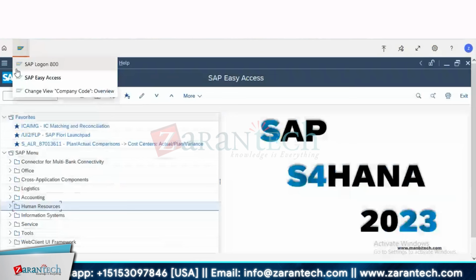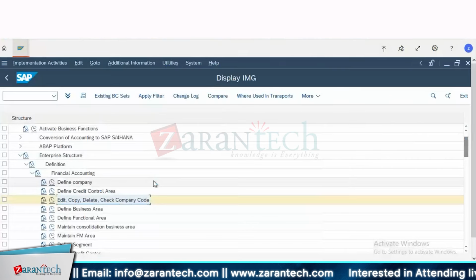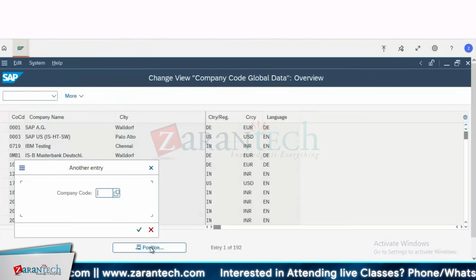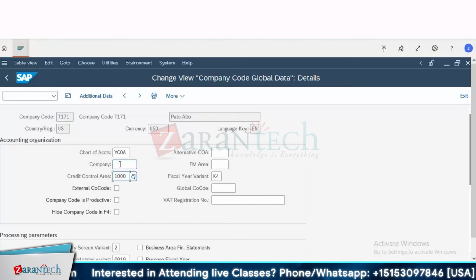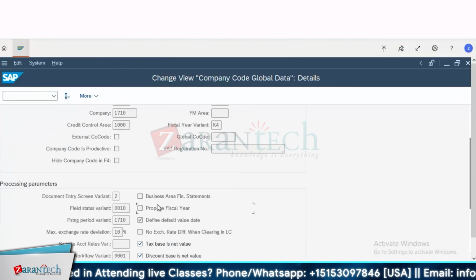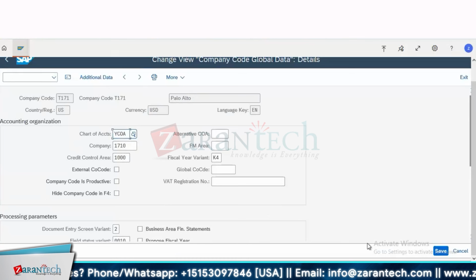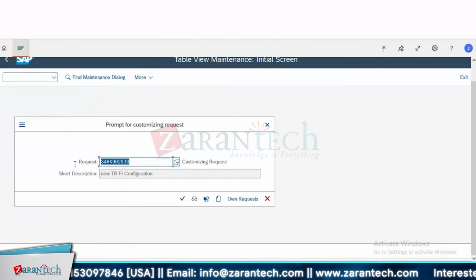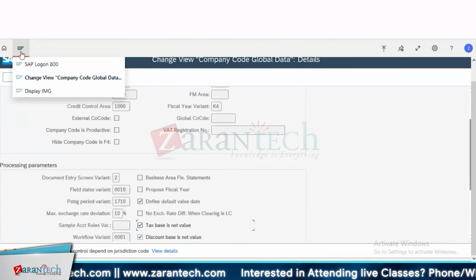We need to come out from this one, from change mode to display mode. Still any message? Okay, no problem. We can just ignore the message. Save it. So this is my TR. Hope you understand the concept of TR, right? So let me brief you on the concept of TR also. So we can